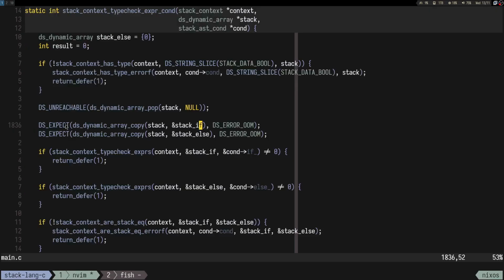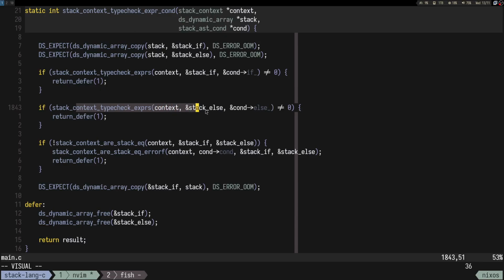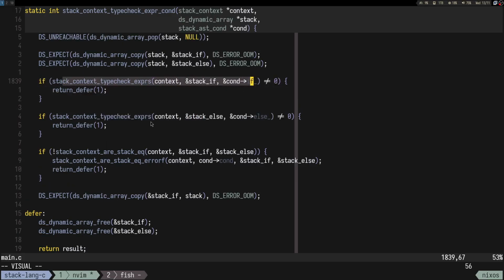So we have to match both. And the idea is we type check expressions the same way we did for function bodies, for the ifs and for the elses, and then we have to check that the if branch is equal to the else branch, otherwise we show an error. So we have this constraint that if statements must return the same thing,